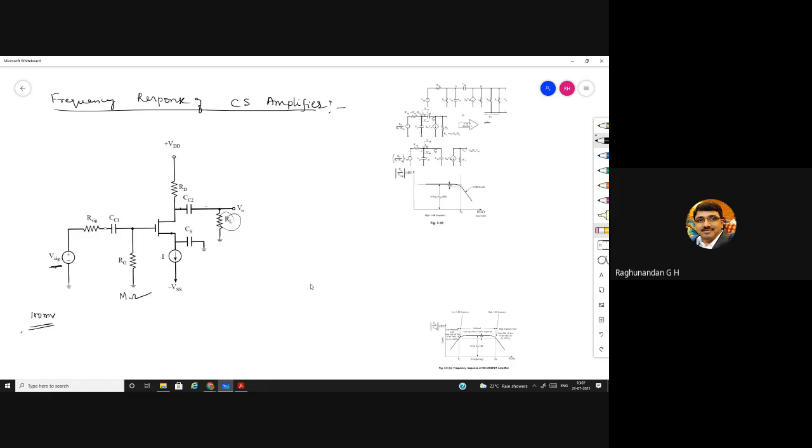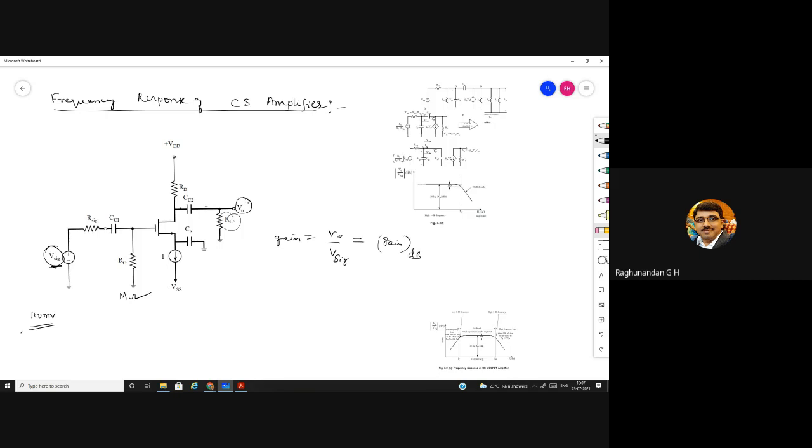In the same way, here also we are following the same method. We keep the input voltage constant, and we keep on changing the input frequencies: 100, 200, 300, 1K, 2K, 3K, 4K, 10 kilohertz, 100 kilohertz, 200 kilohertz, 1 megahertz, like that. The output voltage will also keep on changing. By taking the changed output divided by the input signal, we get the gain. Gain is equal to V naught by V signal, and we convert this gain in terms of decibel.